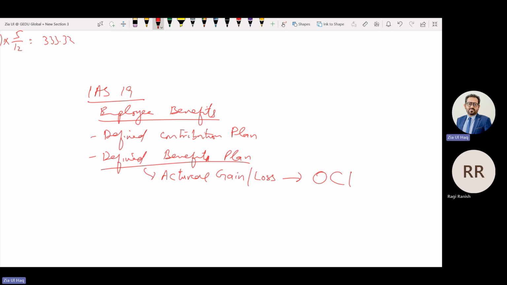If detailed disclosure is not provided, there could be a misstatement. Only these 2 points we need to remember for AAA. So the actuarial gain or loss should be recorded under OCI, not P&L, and the company should provide detailed disclosure.